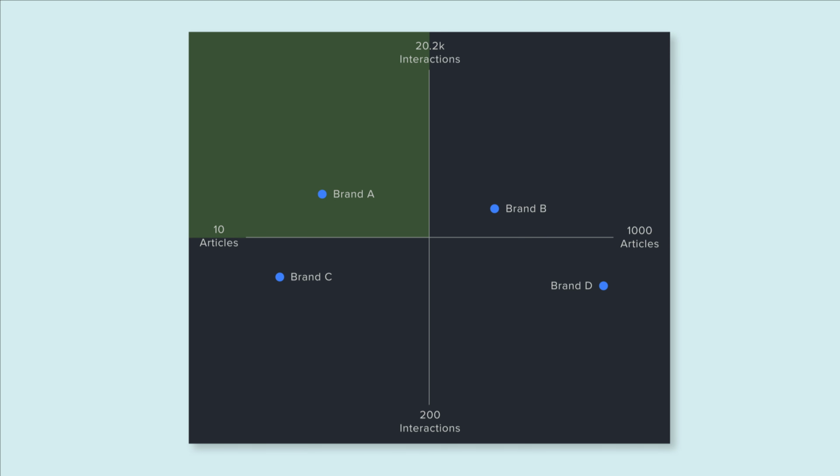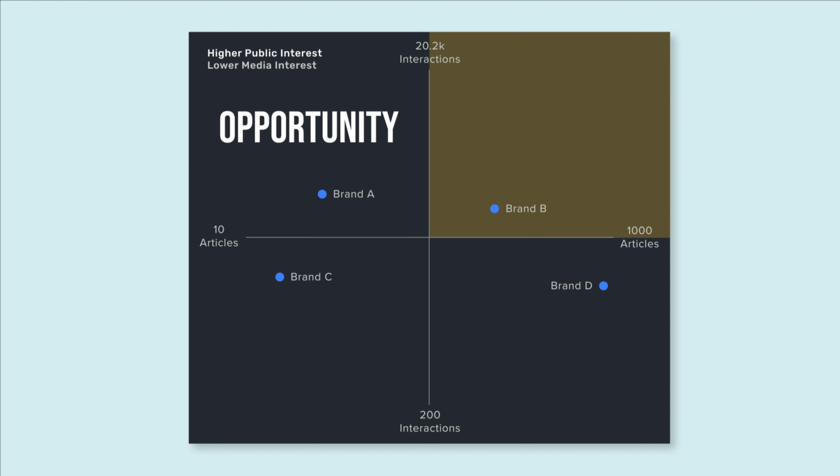Let's look at each in a bit more detail. First up, in the top left, we have the Opportunity Quadrant, which could also be thought of as the Resonance or Growth Quadrant. This is characterized by high public interest with low media coverage. Here, you can uncover white space opportunities, underexplored areas where you can seize the advantage by providing fresh insights to a curious audience, and possibly even position yourself as a thought leader in the process. This opportunity, however, may need some consideration, as it's crucial to ensure these topics have broad enough appeal to maintain engagement over time.